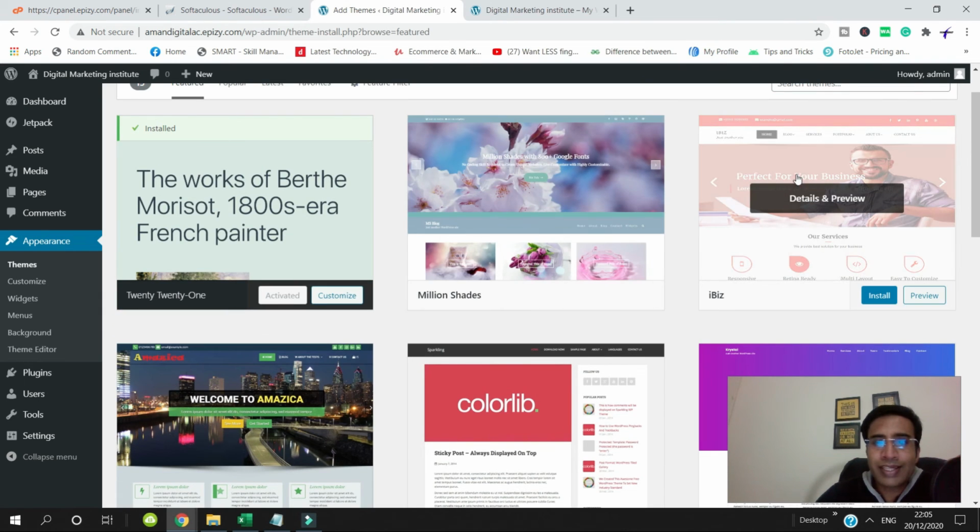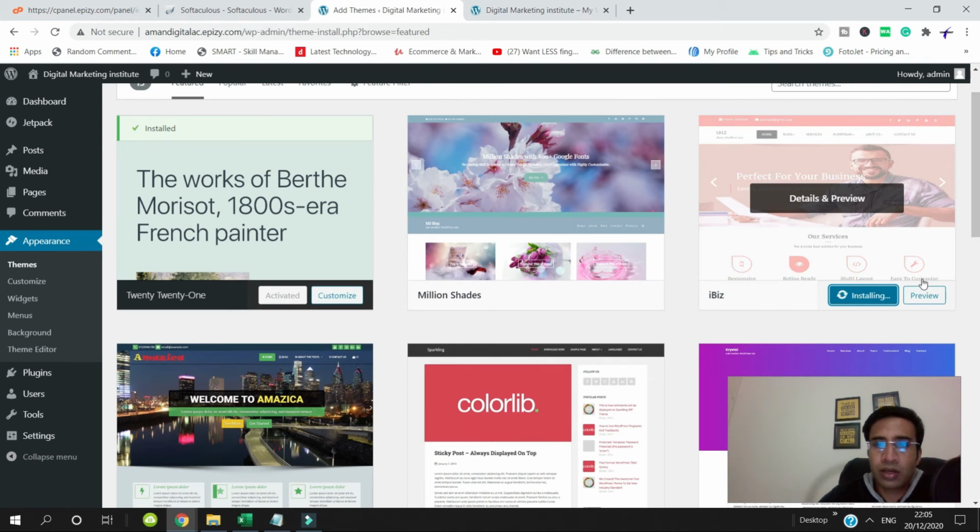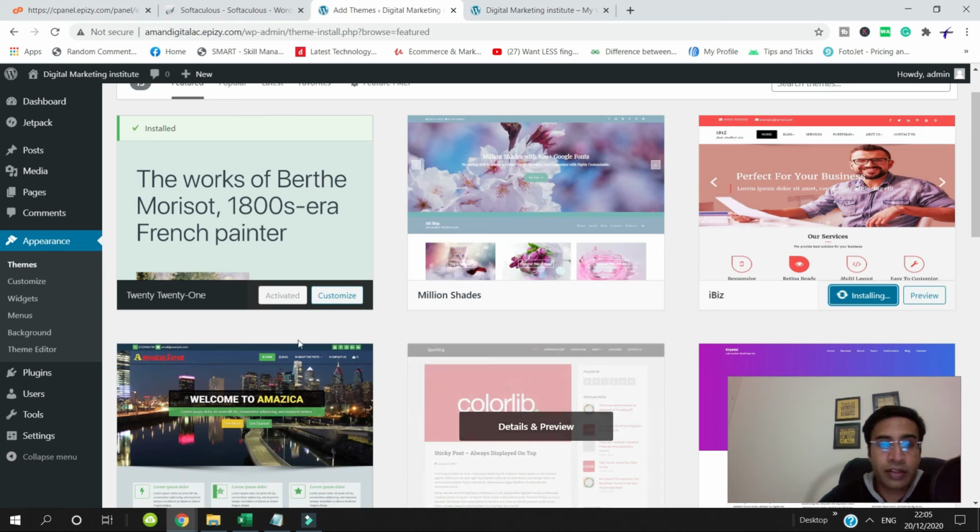Now I'll install one theme which is available here. You see this theme which I like, and you should also make sure that you select the theme according to your niche. Don't select any random theme, because there'll be a lot of theme options here.